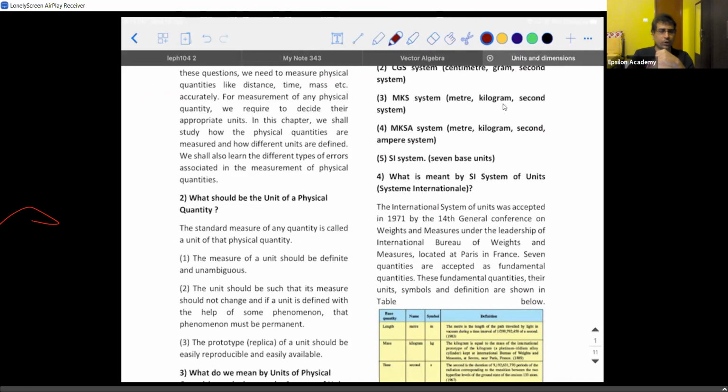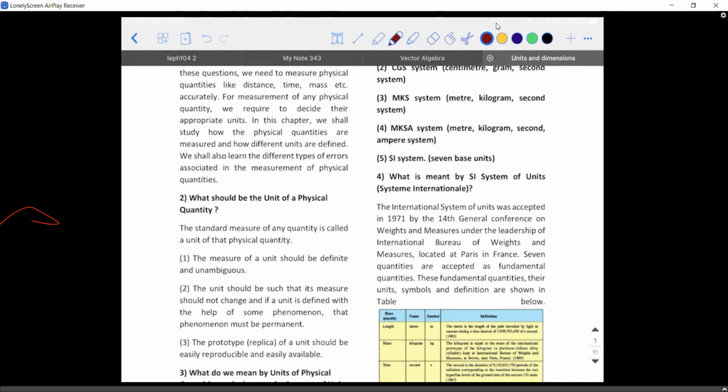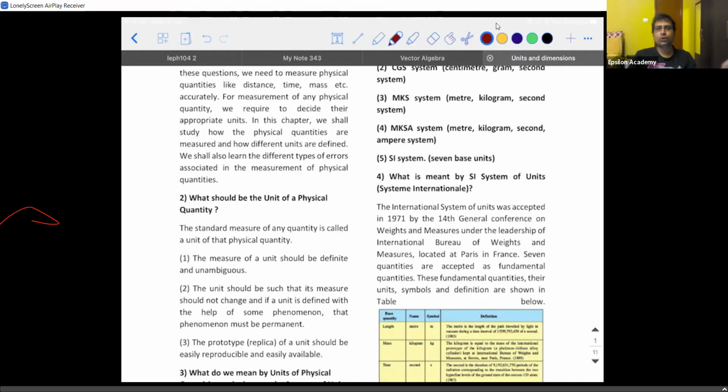When I say quantity, what do you mean by quantity? That which can be counted. For example, the amount of something is a quantity. The quantities which can be measured are generally called physical quantities. Or you can say the terms used in physics which have a particular measurement associated with them are what we call physical quantities. As simple as that.